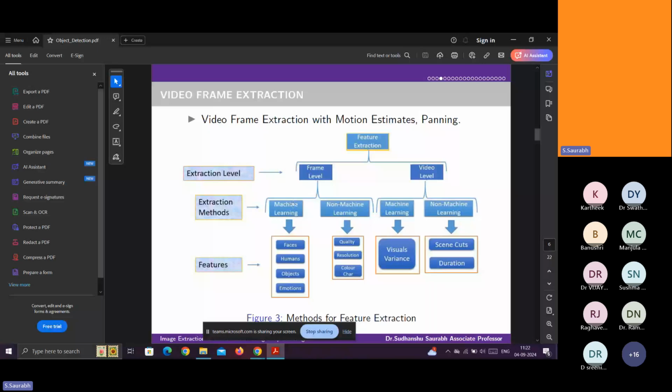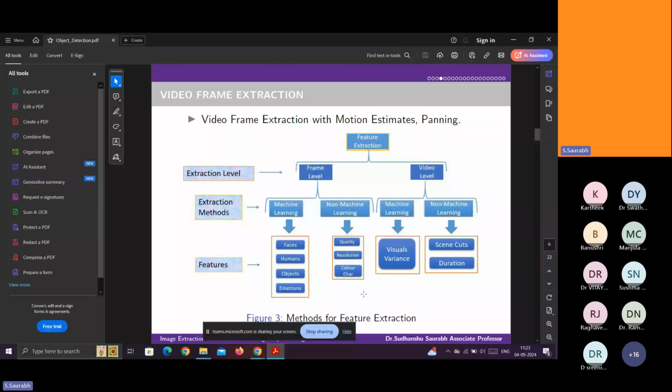These are the extraction methods: traditional techniques, machine learning techniques, or deep learning techniques. And these are the features for any particular image: the quality, resolution, and characteristics of the colors, like many colors being present in the image. Then you can check the features.